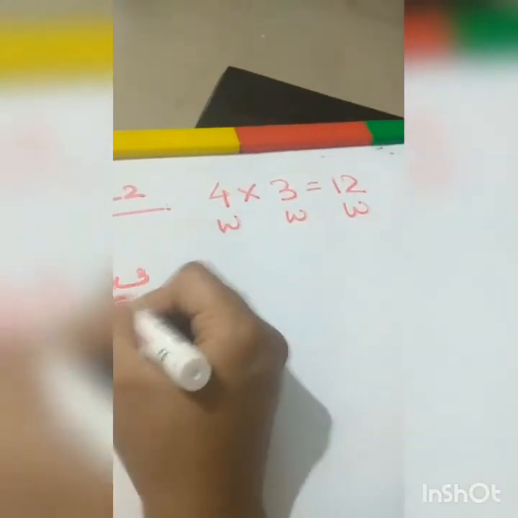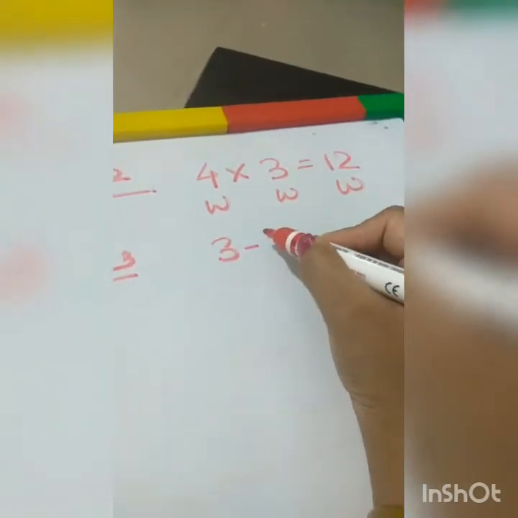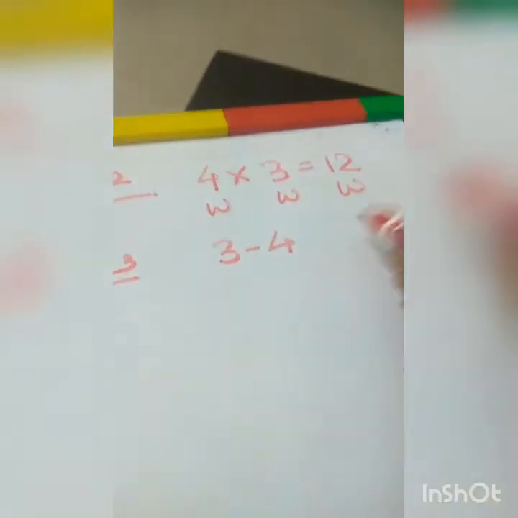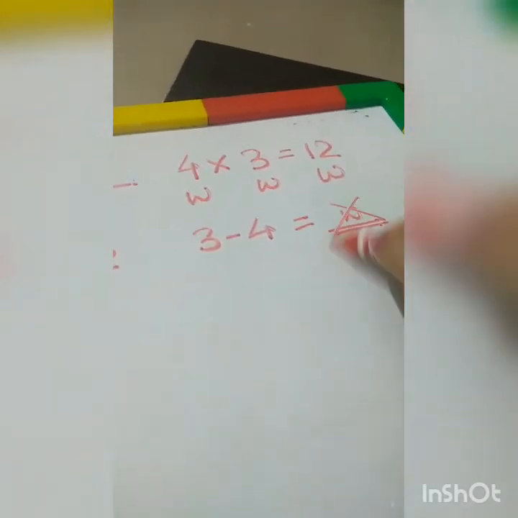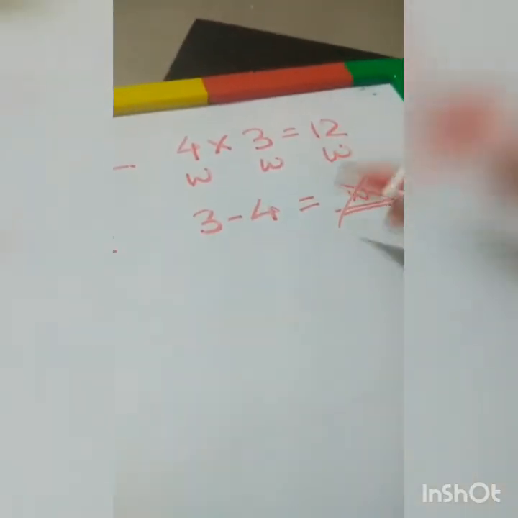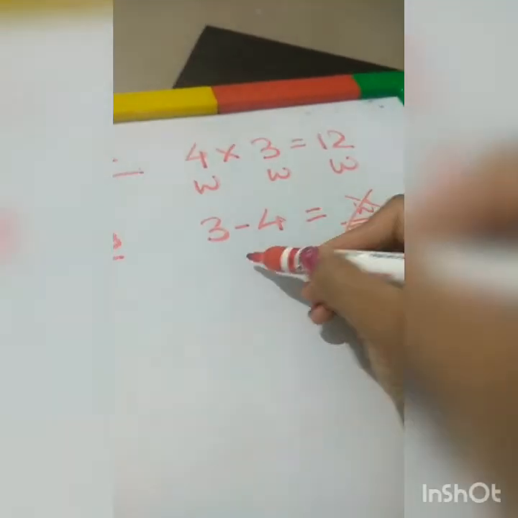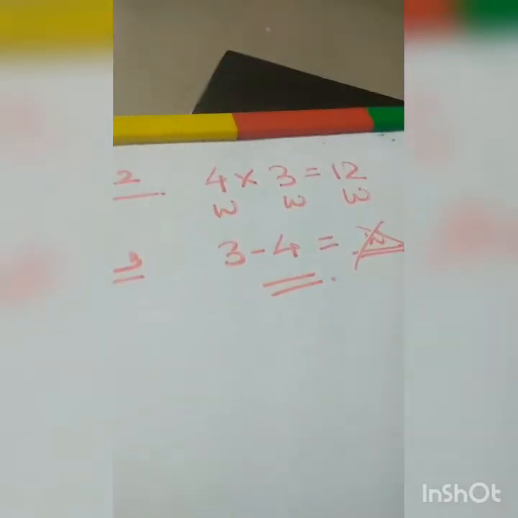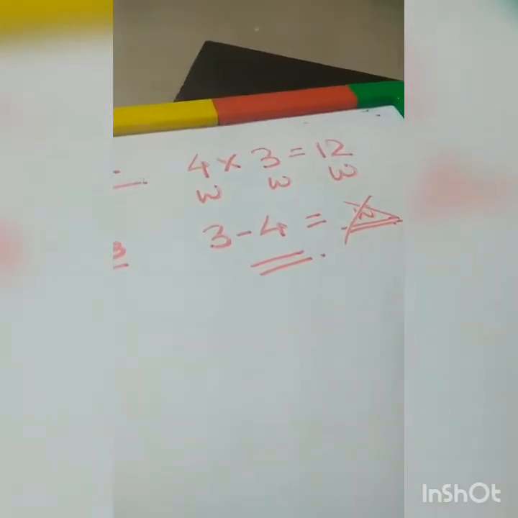Now let us take one more example of subtraction. This time I am subtracting 4 from 3. Now what will be the answer? I am going to have an answer, but that answer is not a whole number. It cannot be 0, 1, 2, 3, 4, anything. Any positive number is not the answer. So that means this subtraction is not coming under the closure property. Actually the answer will be -1, which is an integer. So integer is not same as whole number.